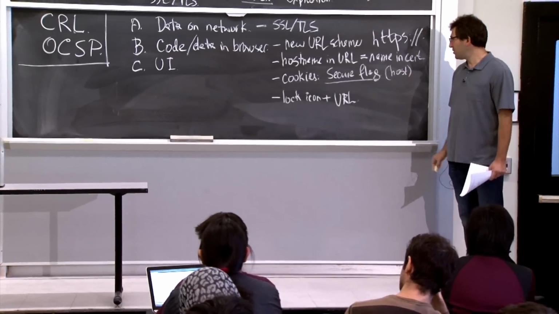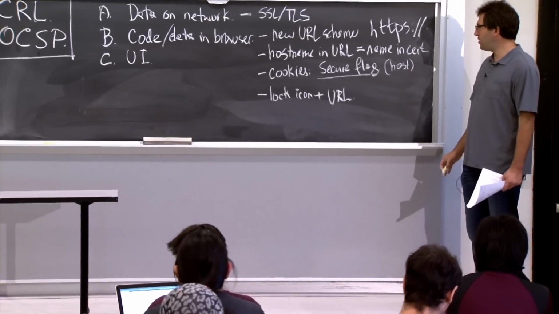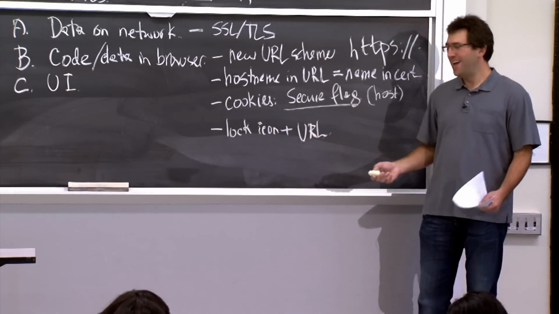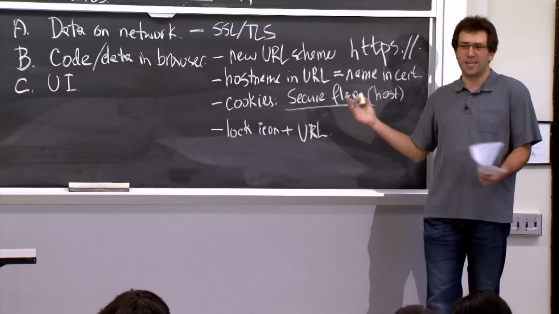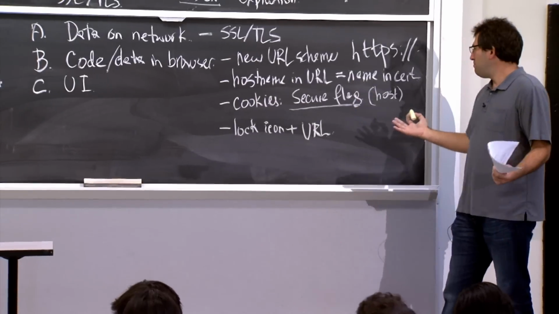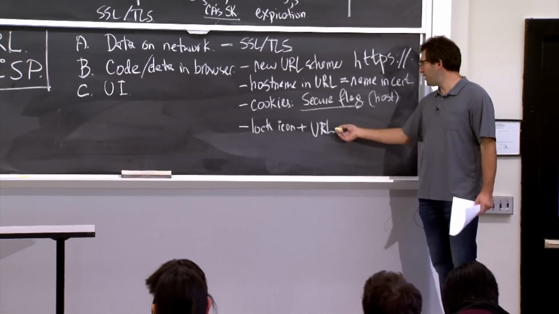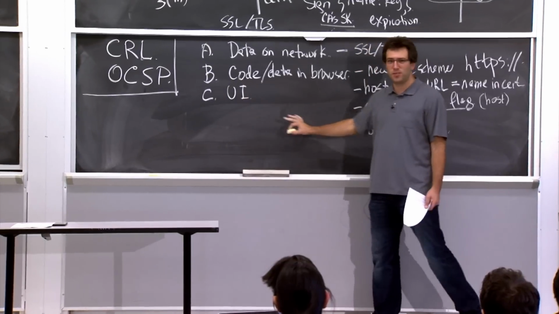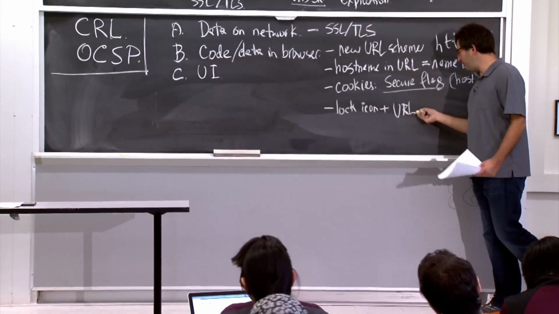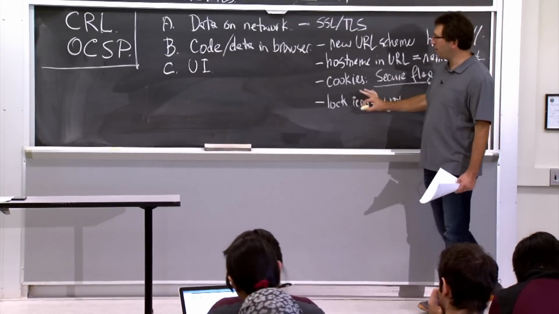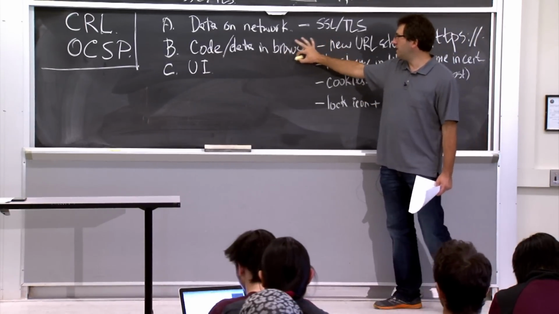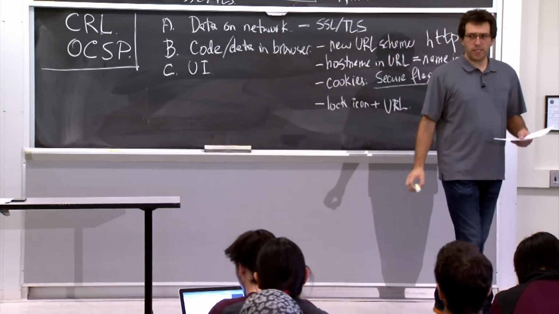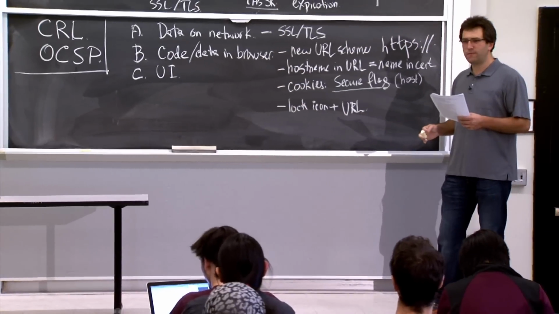It's not great. It turns out that many phishing sites will just include an image of a lock icon in the site itself and have a different URL. And if you don't know exactly what to look for, a user might be fooled by this. So this UI side is a little messy, partly because users are messy, like humans, and it's really hard to tell what's the right thing to do here. So we'll focus mostly on this aspect of it, which is much easier to discuss precisely. Make sense? Any questions about this stuff so far?